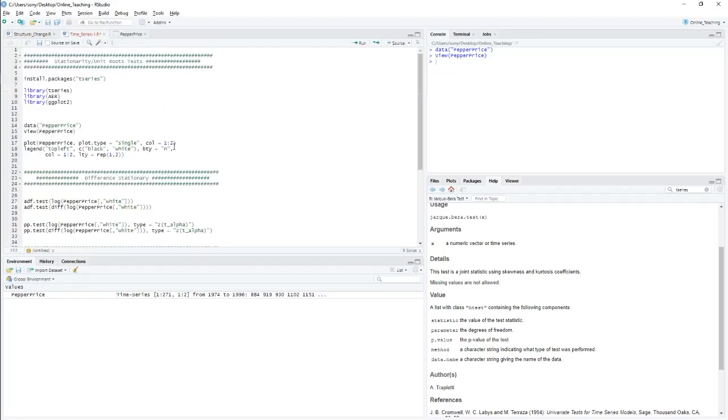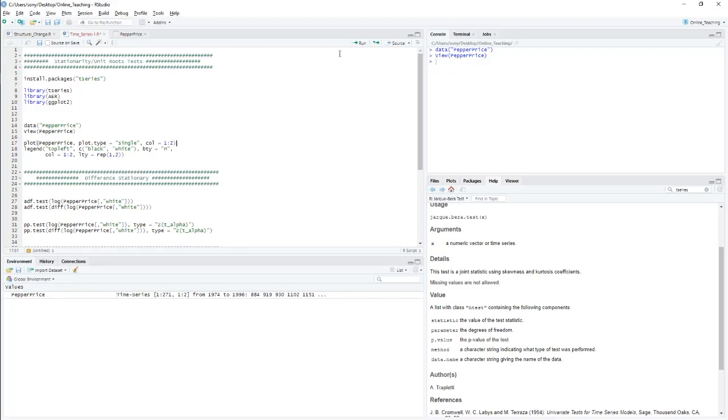Then I want to see how the trends of these two columns look. So I'll just plot it. It's a simple command: plot, the data frame name, plot type is single, columns 1 to 2, and legend from the top left, naming them black paper and white paper.